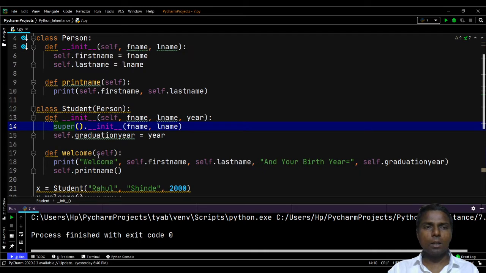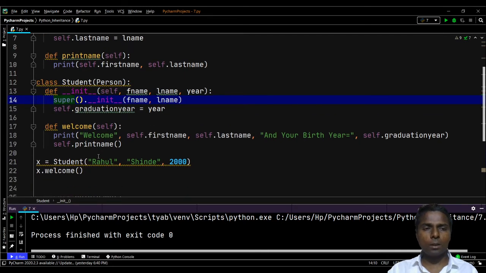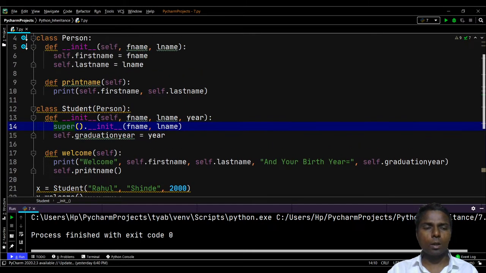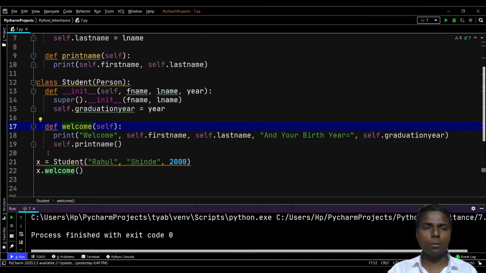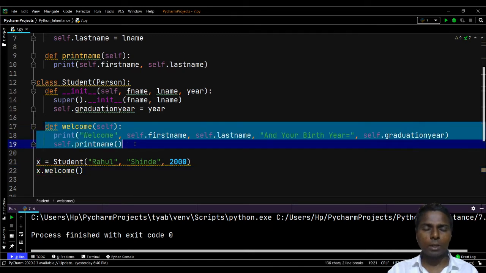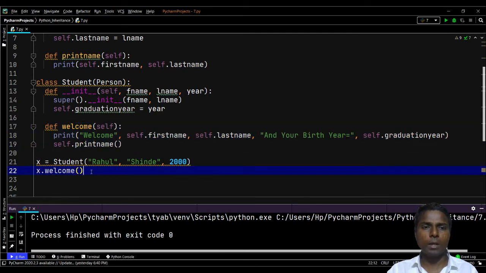The important thing we need to understand is that if we want to execute our methods of classes, these methods will be called with the help of object, where X is our object for the child class. So x dot welcome, because of which this welcome method will be called and executed. In this way, the inheritance concept can be understood.